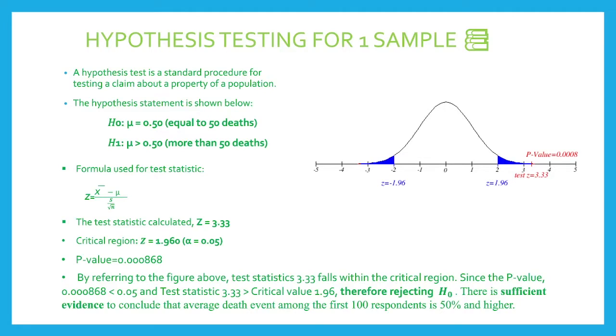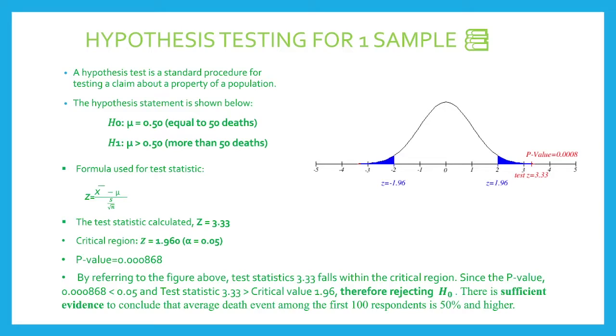The test statistic value calculated for Z is 3.33, whereas the critical region for Z in this two-tailed hypothesis testing question is 1.960. The p-value that we got here is 0.000868. So by referring to this graph over here, we can conclude that the test statistic 3.33 falls within the